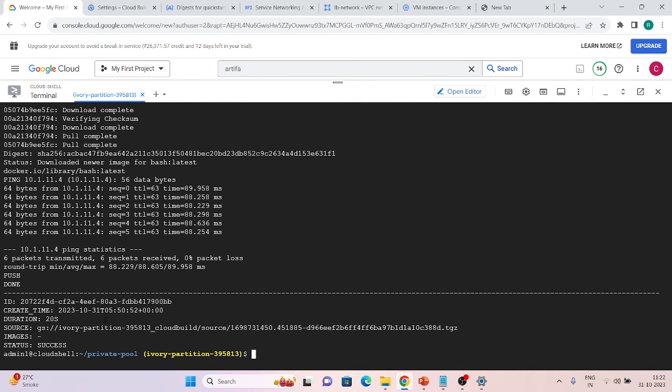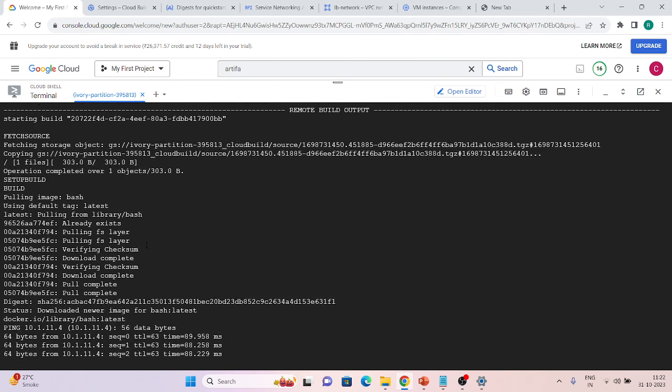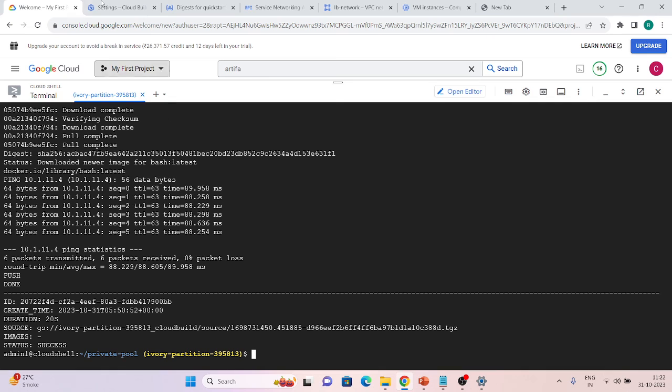So like if you want to access some Cloud Storage files, you can use that, or many things like Cloud SQL, anything you want to access, you can access with the help of private pools. And once you are done, it will create one file in your storage. You can check that file, in which it will copy and paste all that information. So this is our little demo.